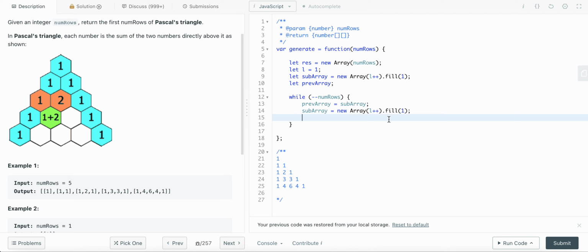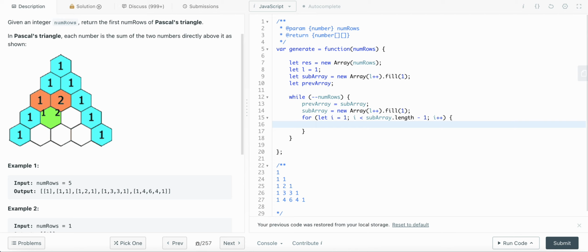Now in order to fill the values within each of these sub arrays, we just create a for loop, i equals to 1. We start from 1 because at index 0 it's always 1. i less than the length minus 1 because the end is also always 1. i plus plus, and then array i